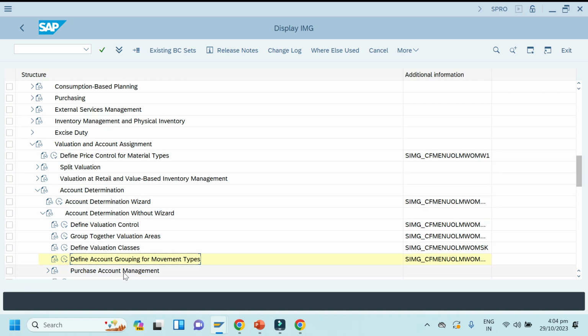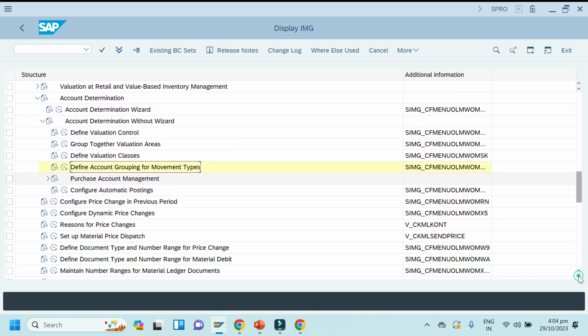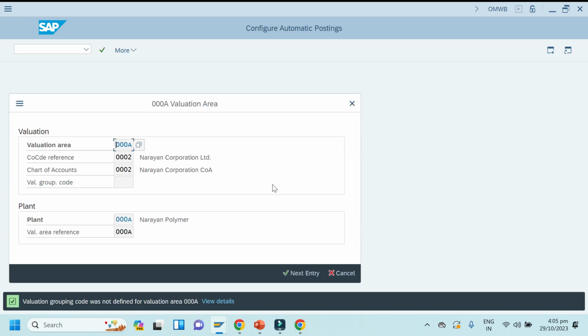Next, so now the fourth step is already done, right? So we have the last step, configure automatic posting. This is the important one, the last one. Here you can see OMWB, but actually this T code is OBYC. We can open with this also, not an issue, but the main T code is OBYC.